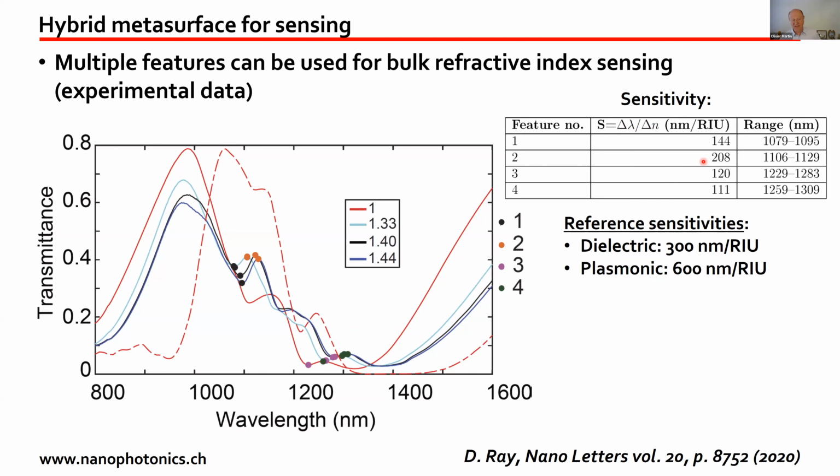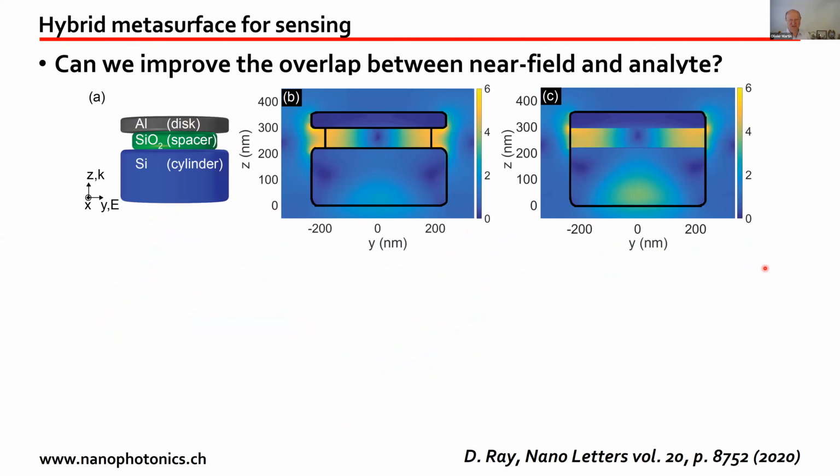We were pleased to see this result, but at the same time, we were somewhat disappointed, because if you look at the state of the art for just a simple dielectric resonator, you get a sensitivity which is better, 300 nanometer per refractive index unit. So it shifts more, it's more sensitive. And if you look at a more sophisticated, but just plasmonic nanostructure, you can even get 600 nanometer. So this is not so good, but at least it's an interesting structure. And we tried to improve it a little bit.